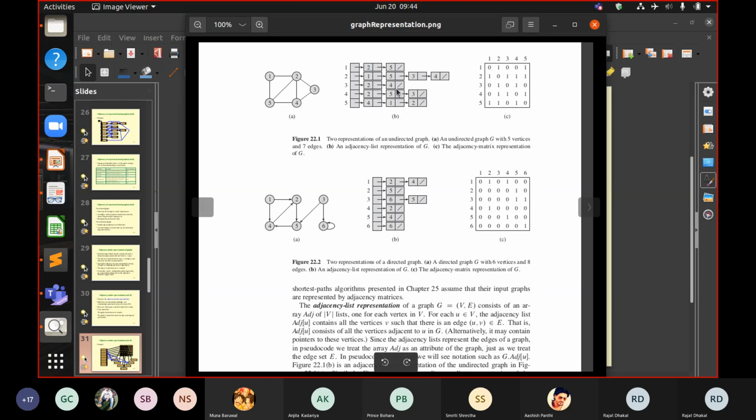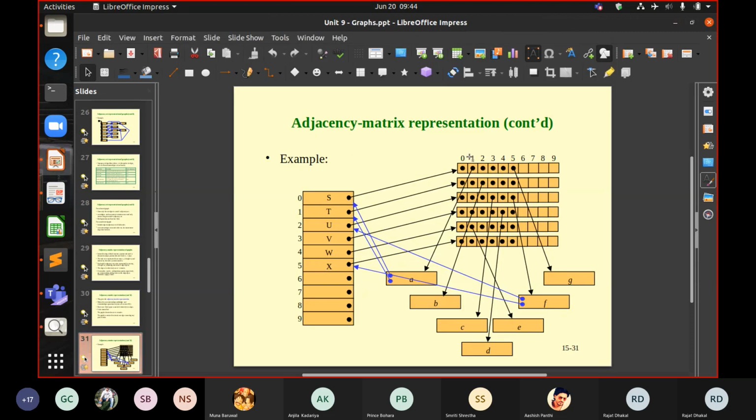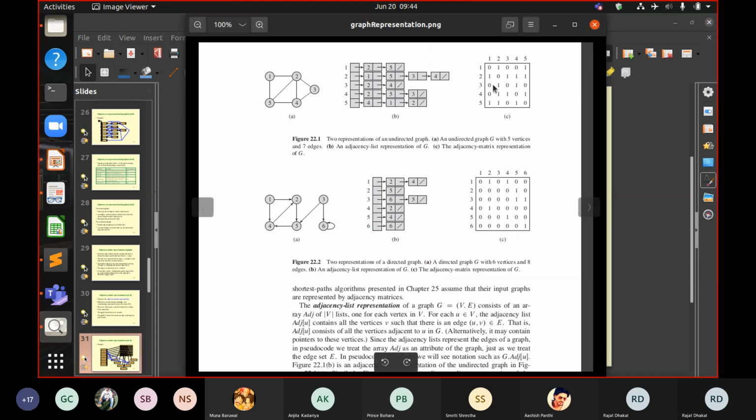So similarly, the adjacency matrix representation, I did tell you that the definition is complex, but the basic form is this one. Earlier we said an m-length array is made. There is this array here and another array here, so both of them are represented.